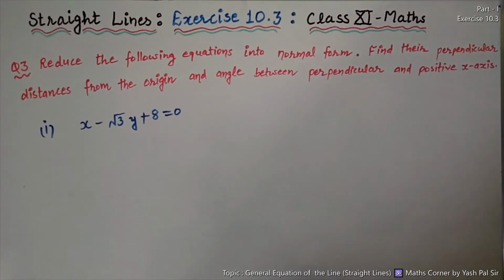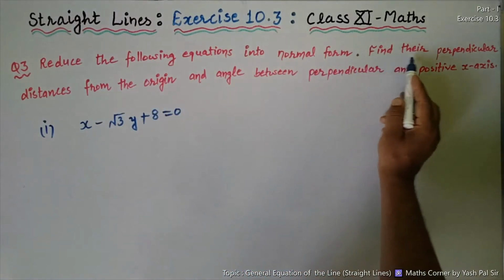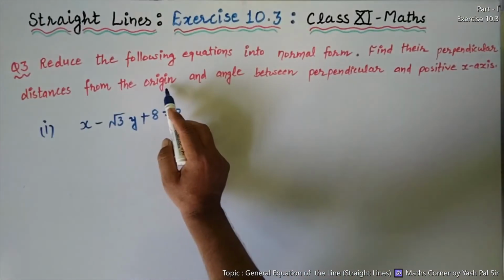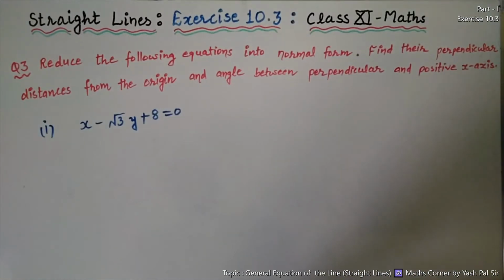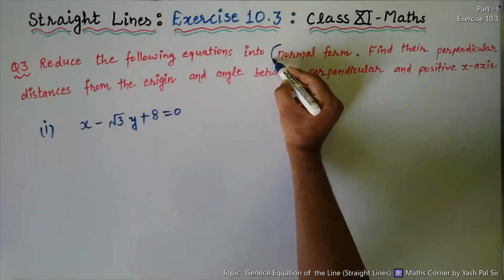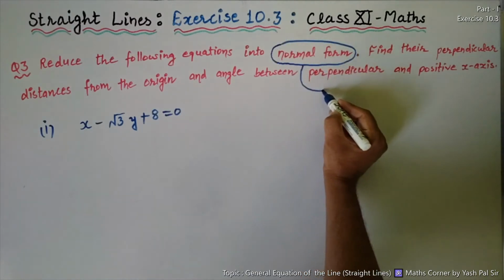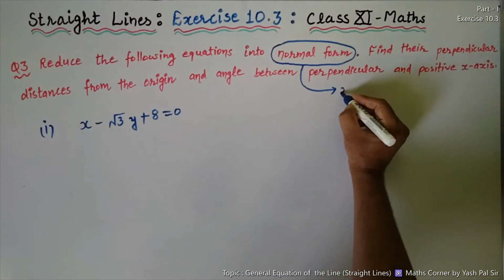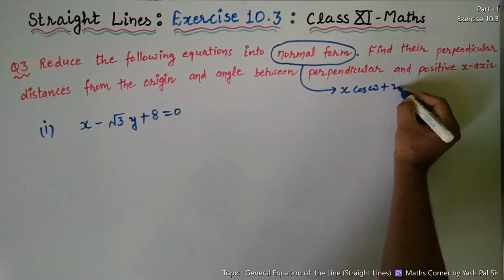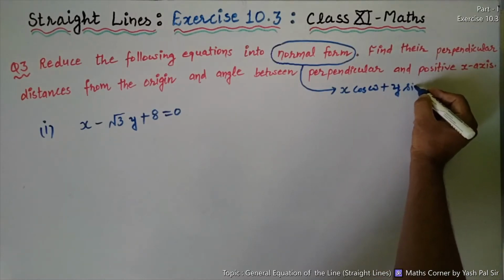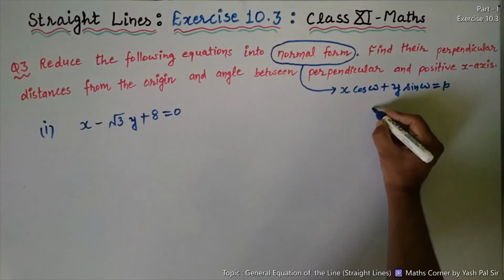Now we have the next question. Question number 3. Reduce the following equations into normal form. Find their perpendicular distances from the origin and the angle between the perpendicular and positive x-axis. So first of all, what is normal form? Normal form is written like this: x into cos omega plus y into sin omega is equal to